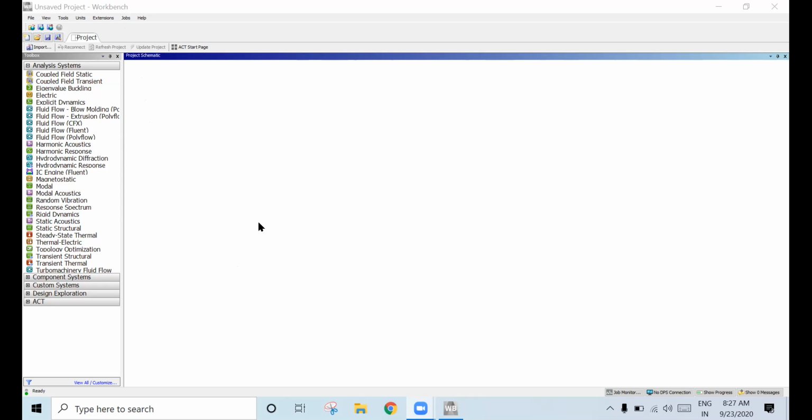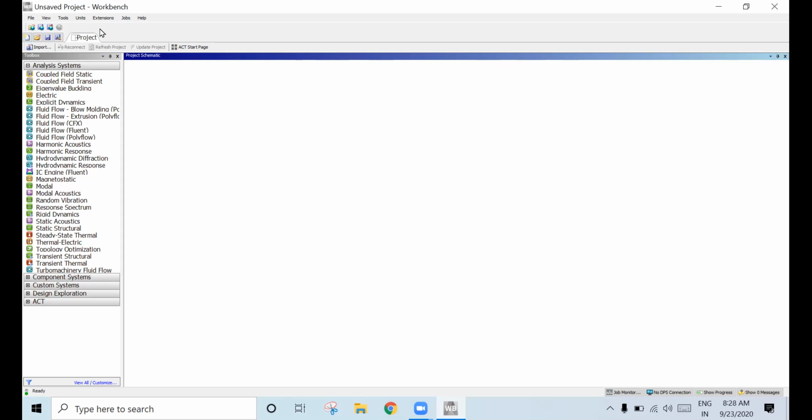Initially, once you open the workbench, you have to set the units before starting the type of analysis. So you need to go to units. Here metric, that is weight, is in kg, and length in meters. If you want millimeters, you just check millimeter. It depends on your problem, and that too depends on which unit you used to create the 3D model. If you have used millimeters, you have to use millimeters.